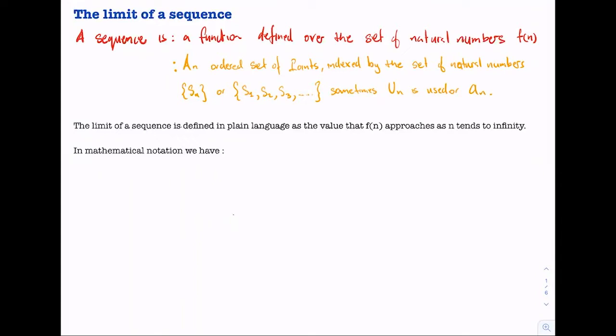So in plain language, we want to think about the limit of a sequence as the value that f of n approaches as n tends to infinity. And in mathematical notation, we can write that as the limit as n approaches infinity of f of n equals L. But this is still a simple mathematical notation. We can express this definition more explicitly as